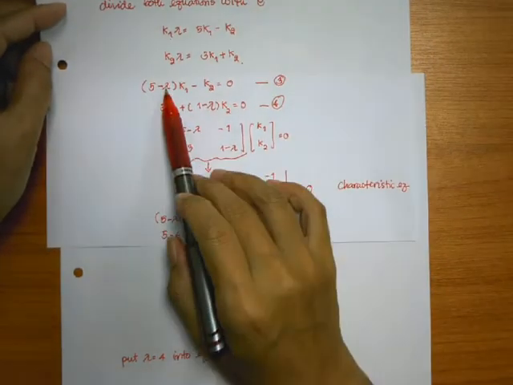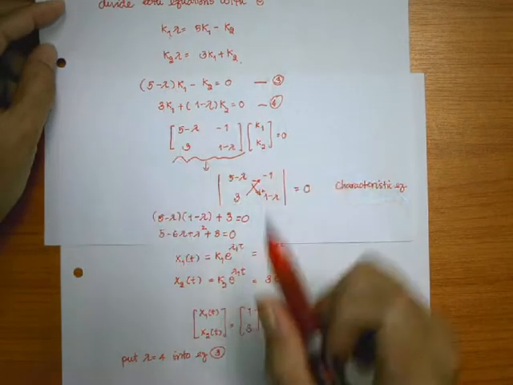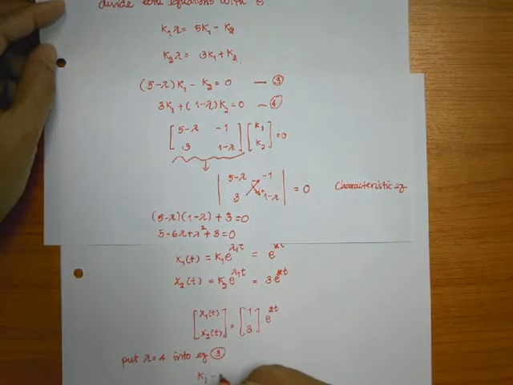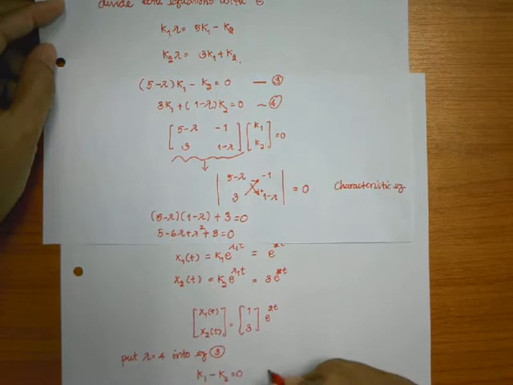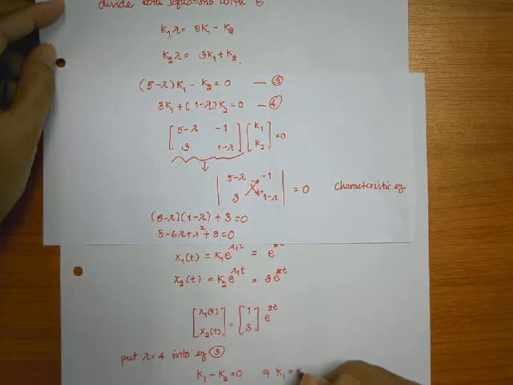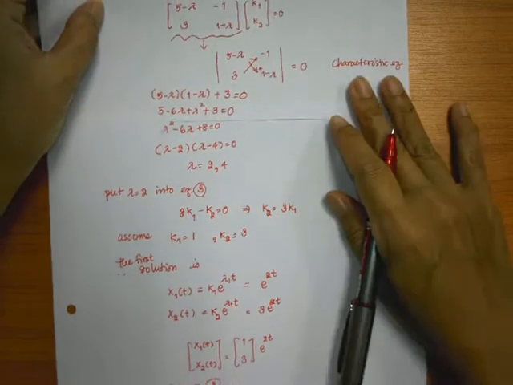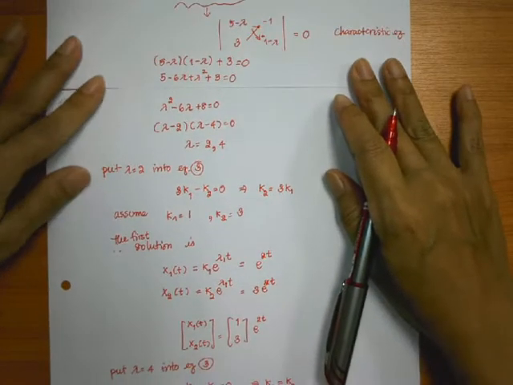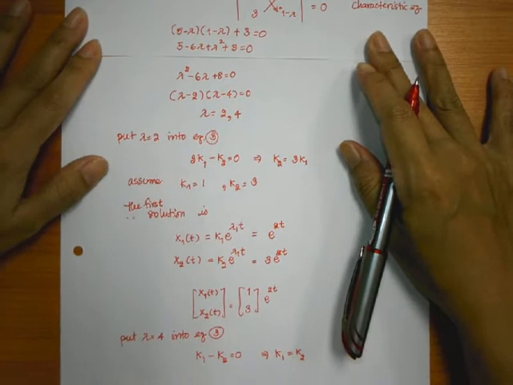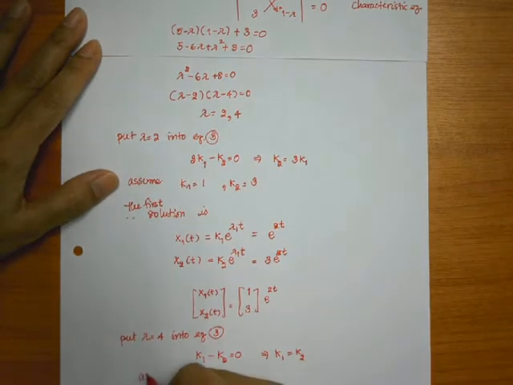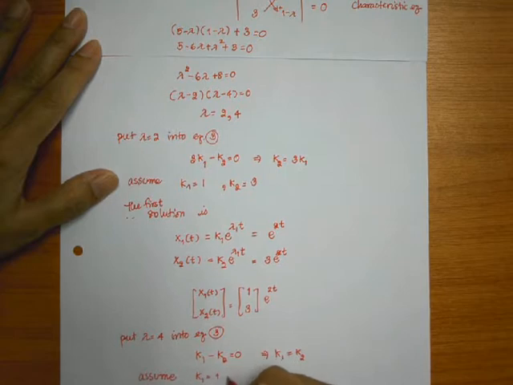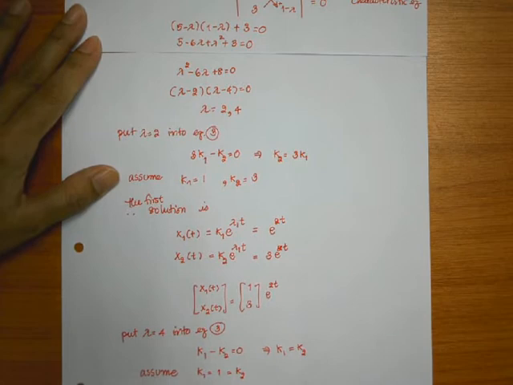Now if you plug lambda equal to 4 there, you would get k1 minus k2 equal to 0, or k1 is equal to k2, right? And from that, because now we know that our second set has k1 equal to k2, if we assume k1 is equal to 1, then k2 is also equal to 1. Now, the second set of solutions